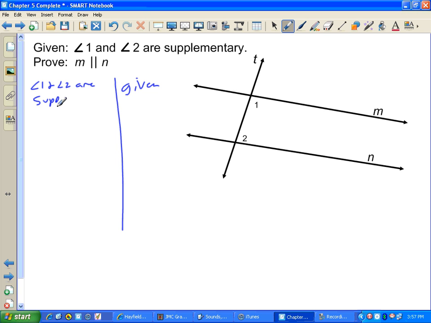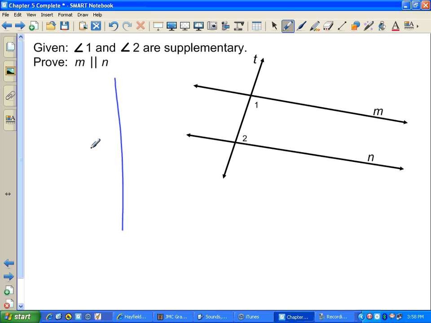And then we would just say M is parallel to N by the consecutive interior converse. Because these are consecutive interior angles, if they're supplementary, it guarantees that these are parallel. So that'd be our direct proof. Our indirect proof